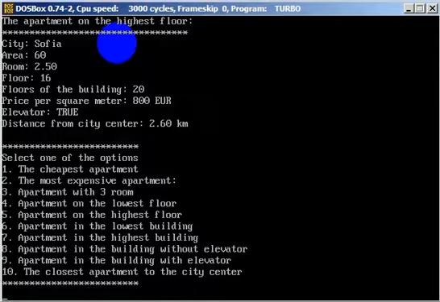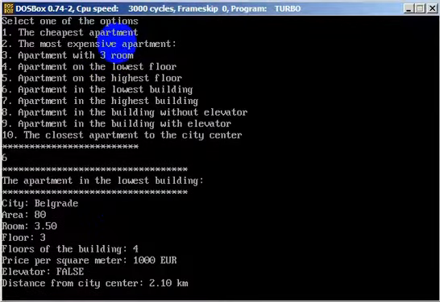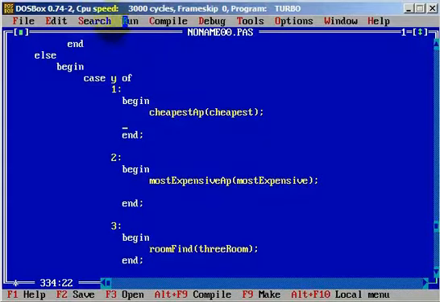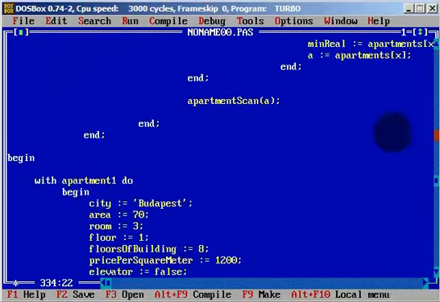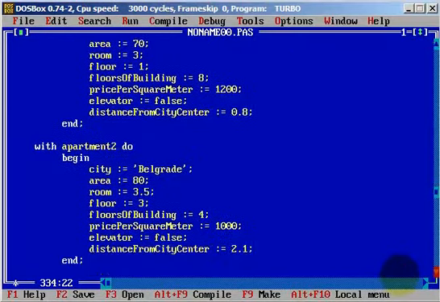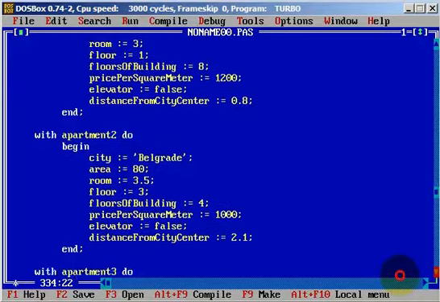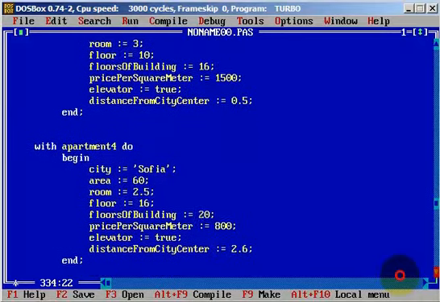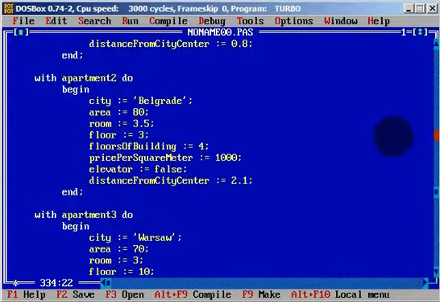Okay, what I wanted: the lowest building, number 6, and it should be Belgrade. This is a building of 4, which is correct. We have 8 floors, 4, 16, and 20. Of course, in Belgrade is